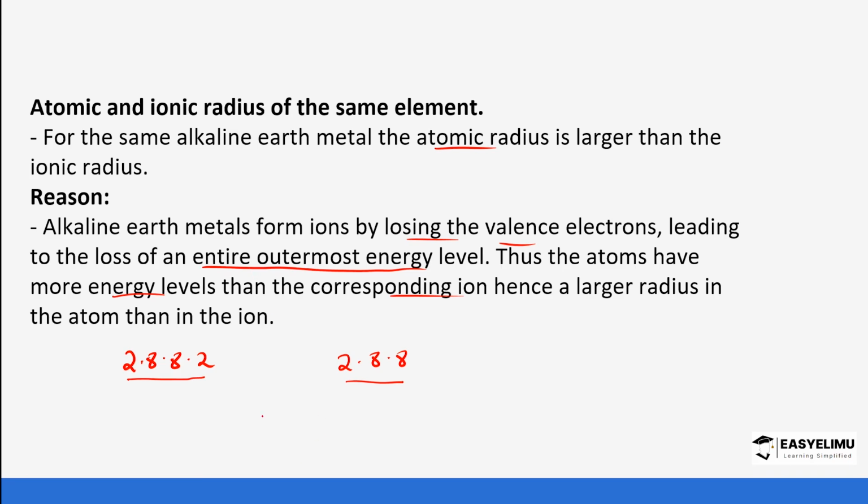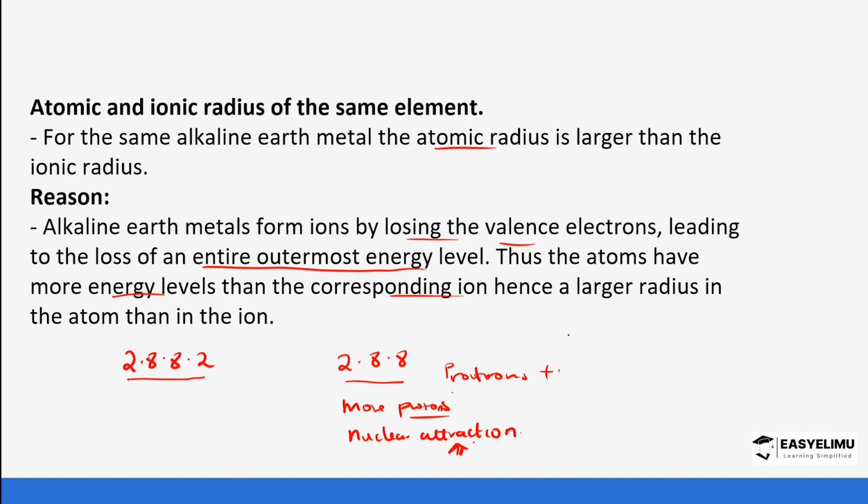And for another reason, you notice that the ion has more protons relative to electrons because it has already lost 2 electrons in the outermost energy level. If it has more protons, there is an increase in the nuclear attraction. This pulls the outermost energy level closer to the nucleus even more. It pushes them even harder. There is an extra 2 protons in the nucleus,